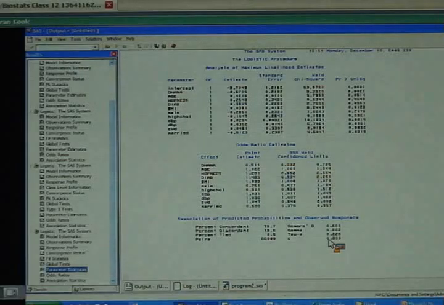In SAS, the C statistic is called by other people the area under an ROC curve. What do I mean by that? It's another measure of how well this model is working. And what it does is the following. Let's imagine we take this fitted model, and one by one we take each person in our data set, plug in his or her value for Ohana, age, hypertension medications, diabetes, plug them into this model, multiply them by their coefficients, add them all up, and we'll get that person's predicted log odds of dying. We could turn that into an odds of dying by taking e to that number. We could turn that odds into a risk. So what we can do is get a